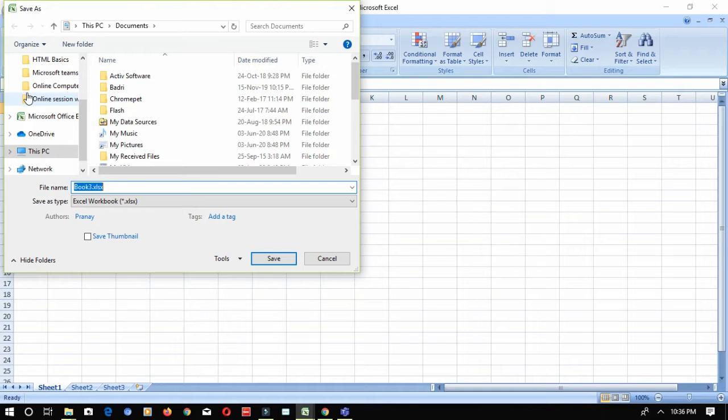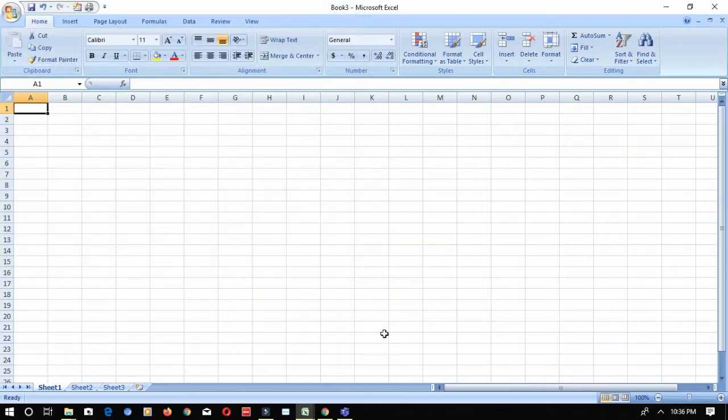When you are saving the second time, you need not mention any file name or place, as it will be saved in the same place. So you can just click the office button and the save option. If you want to save your file in some other place, or save the updated version in some other place, you have to use the save as option. That is the difference between save and save as.